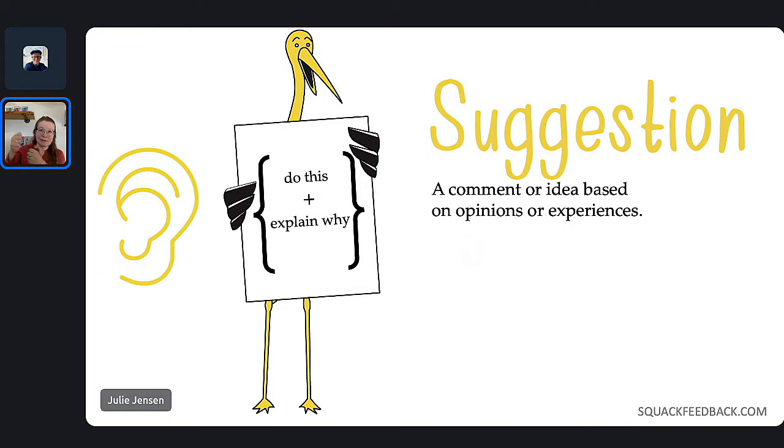They bring in the babies, that's in mythological and a lot of cartoons. And if you're hearing suggestions, you need to kind of consider that suggestion as something that's precious as well, and recognize that you're going to need to consider those suggestions and respond back, and let the feedback giver know what you're going to do with it. Respect it, consider it, and then close the loop and let them know if you're going to take action on it, if you're going to not take action on it, and explain why.